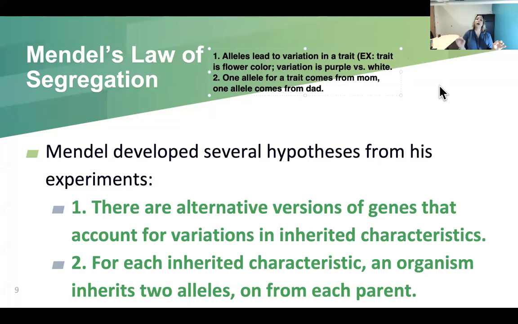Okay, so far, Mendel said there's alleles, different versions of a gene, and these lead to variation in a trait, purple versus white. He also said that 1 of the alleles comes from your mom, 1 comes from your dad. And the other way to think of that is 1 comes from the egg, 1 from the sperm. If you're not used to thinking of plants as like mom and dad, which actually we don't refer to plants like that, but